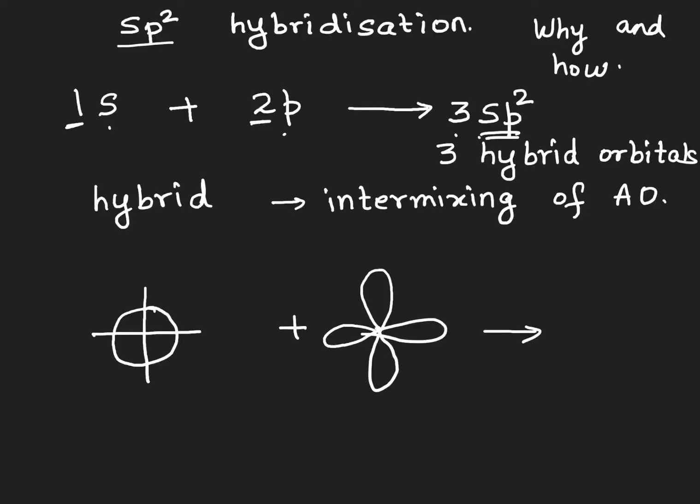Now these sp2, I've got 3 of these. We have to spread them so that they are maximum distance apart from each other, so that there is no confusion between them and no infighting amongst them. Because we know that if they are closer to each other, they will start repelling each other. We don't want that to happen at all. So we have to spread them so that they are maximum distance apart. And how does that distribution take place?